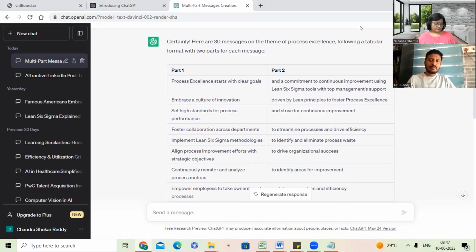And then once you have finalized the prompt, you can keep on giving it multiple themes. Once you have your prompt perfected, you can say, give it to me for the theme of process excellence, digital transformation, data analytics, data science, 4, 5, and it will mention all the themes in the first column and then the messages in the next column. Okay. Thanks. Cool. So now I will share and we will look at how you create the video.